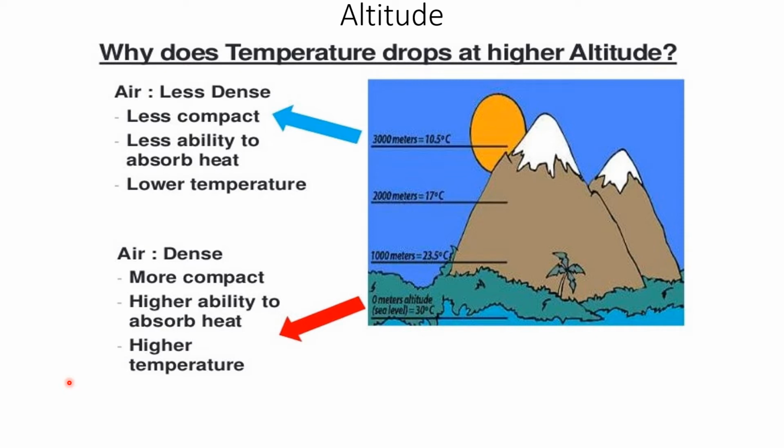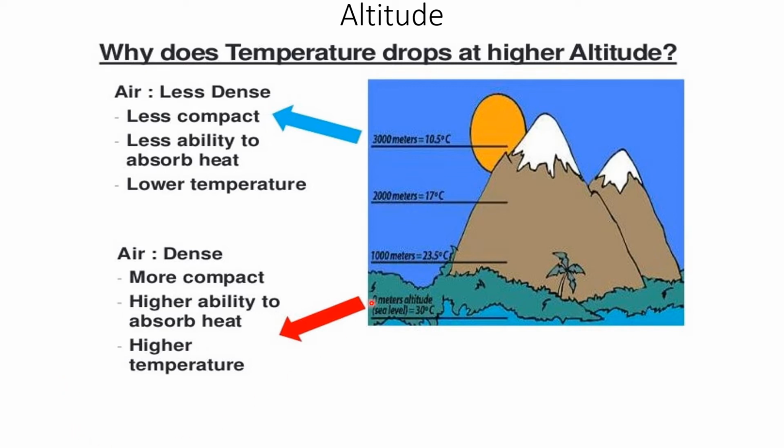The main reason for decrease of temperature with height is that atmosphere is heated from below more by terrestrial radiation than by incoming solar radiation. As you have already seen in the previous video, the atmosphere absorbs 34 units of the Earth's radiation, whereas it absorbs only 14 units of the sun's incoming radiation.